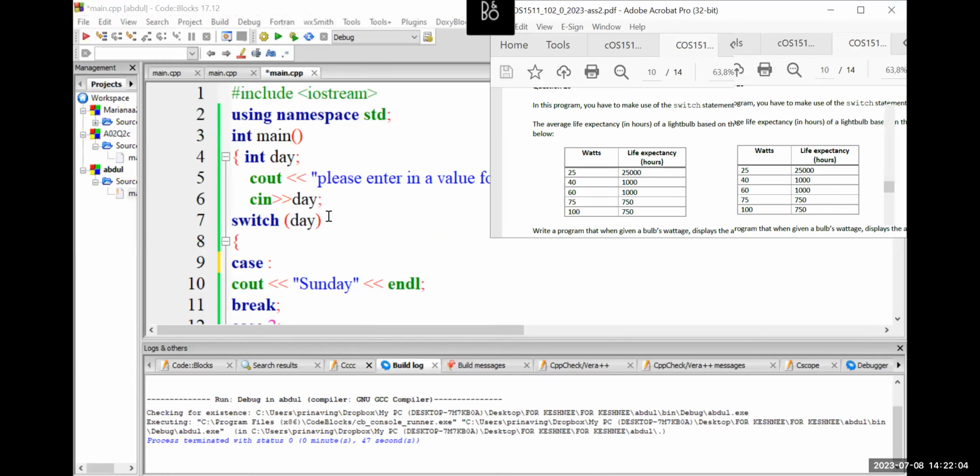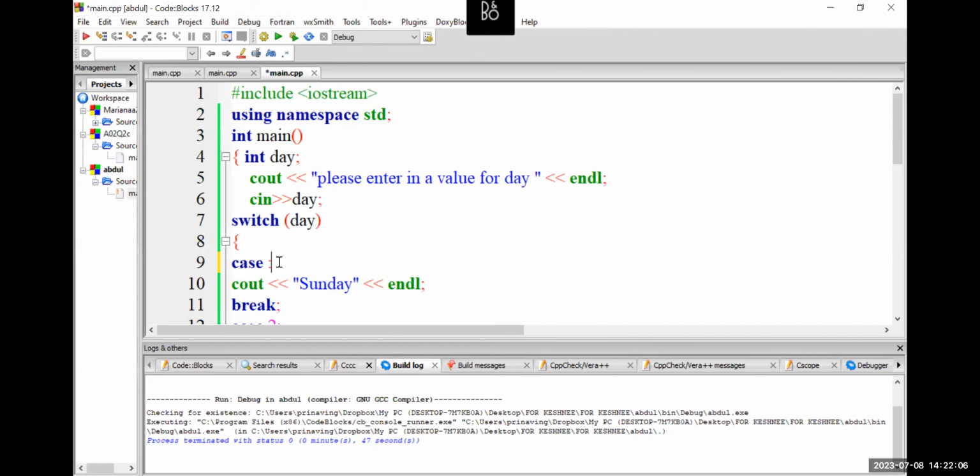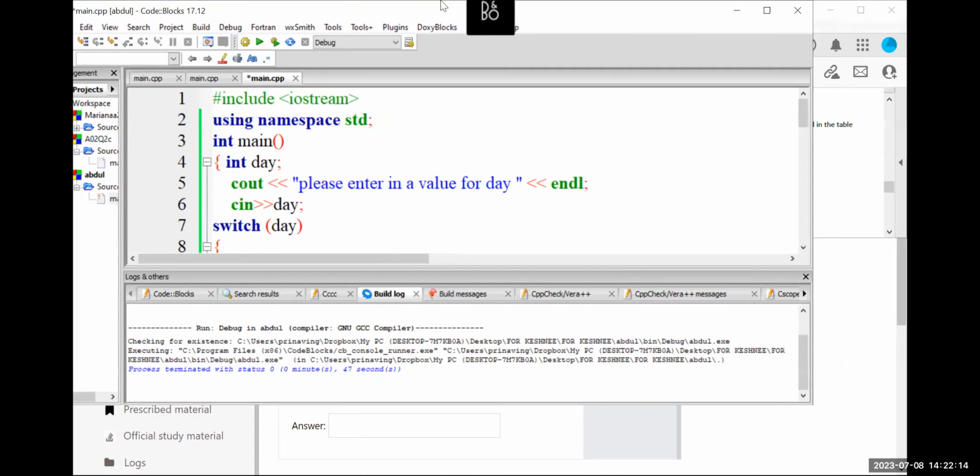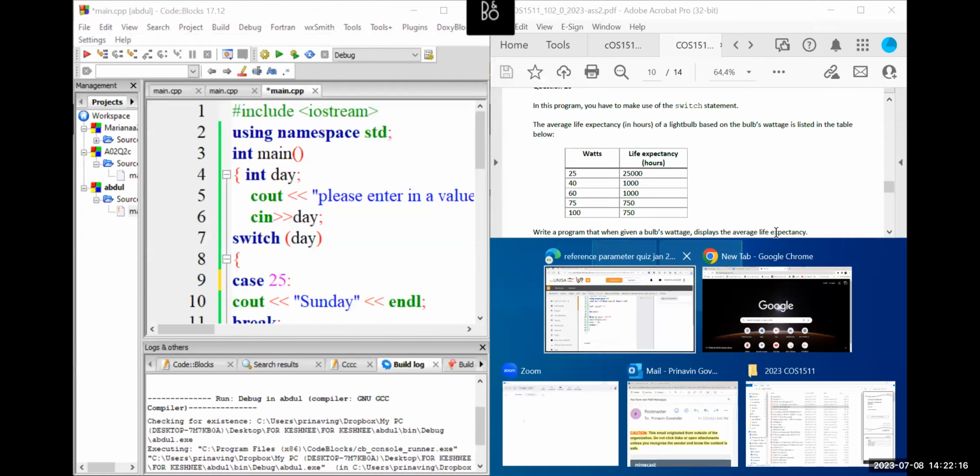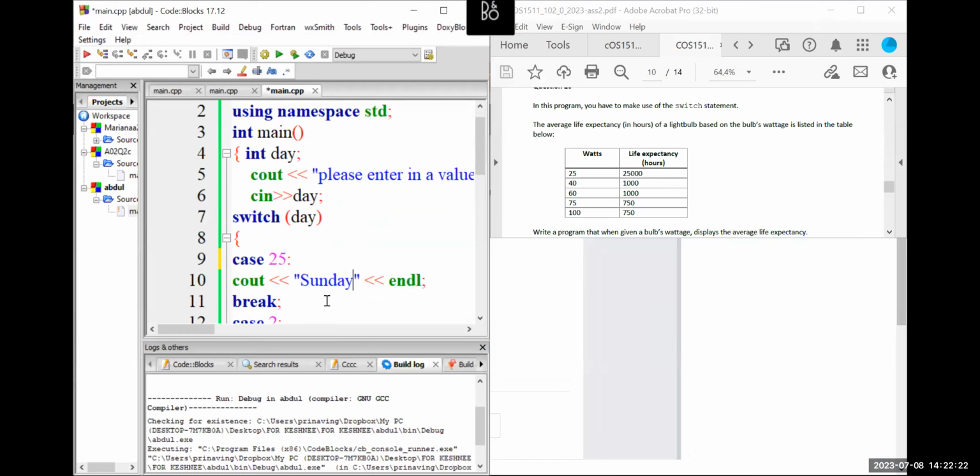I'm splitting my screen. It says, if they entered in 25, I must display that. Let's split my screen so I see the question as well. It says that the life expectancy is 25,000 hours. So instead of typing in Sunday, I must type in life expectancy is